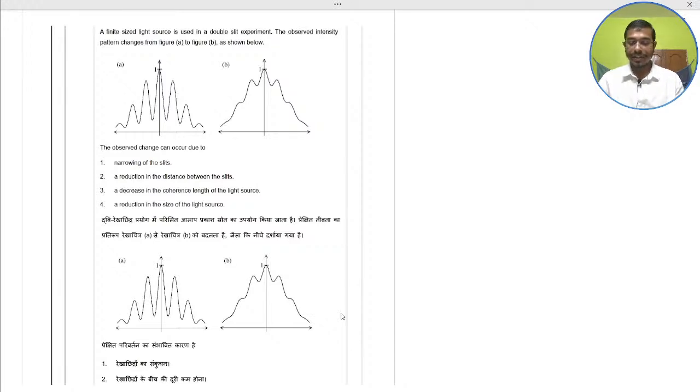From the figure we see the pattern is completely lost, which shows that the interference fringes are no longer visible. So this is a result of the decrease of the coherence length of the light source. So option 3 would be the correct. Decrease in the coherence length of the light source. Next,